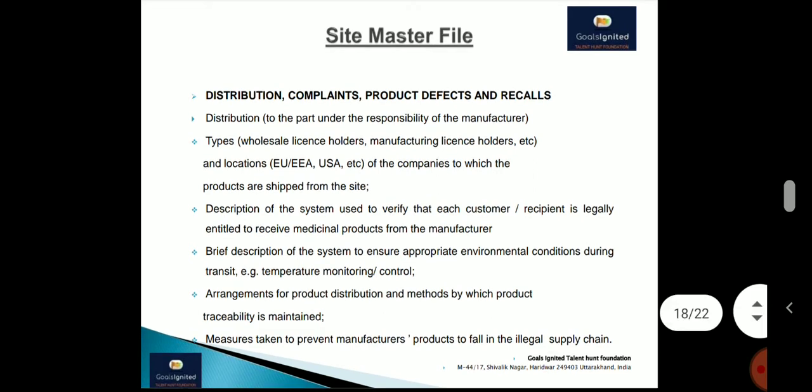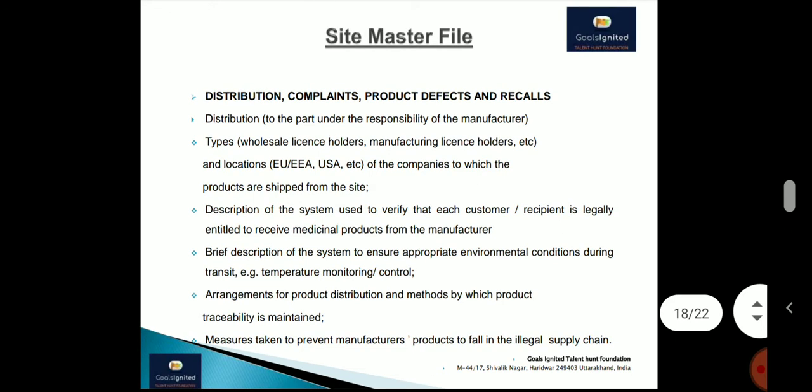Every procedure you have as part of the SOPs, you are required to select the main contents of these SOPs and put them in the site master file. So these policies are taken as a reference for the site master file, which is duly acknowledged by the top management and the owner of the company, that these are the fundamental policies which we are following, and we are basically working and supplying the medicines to the market for human use. So this is the main requirement for the site master file.